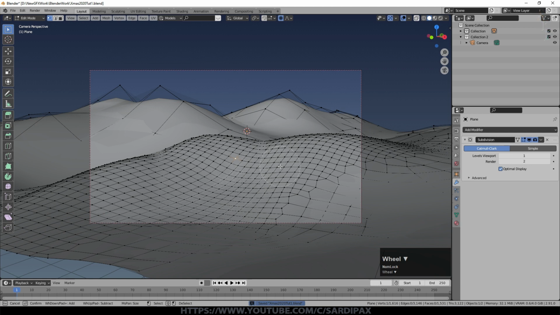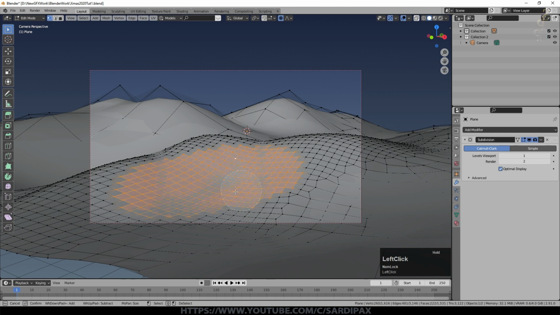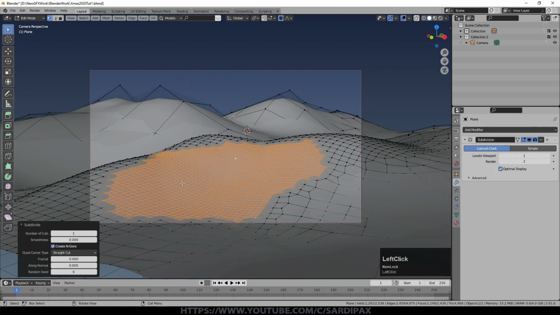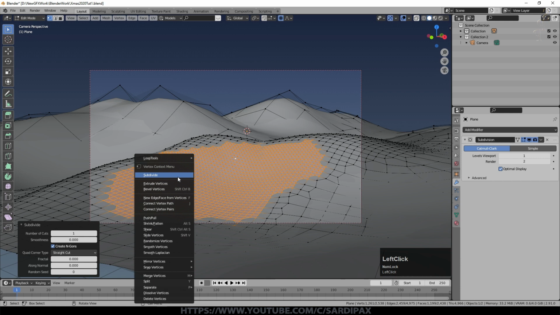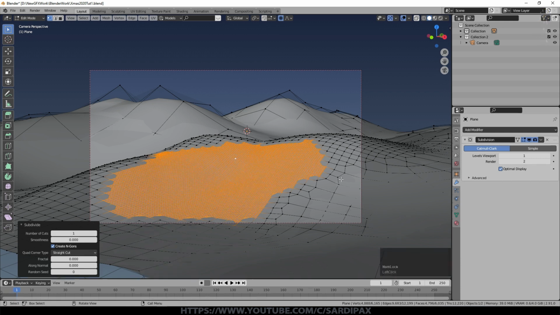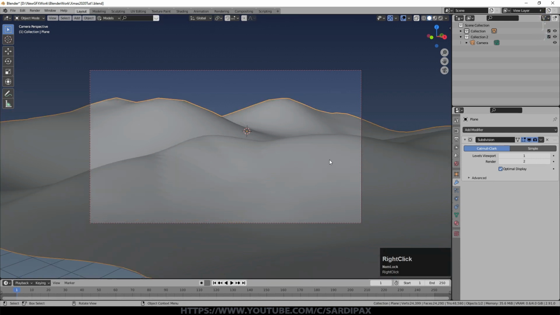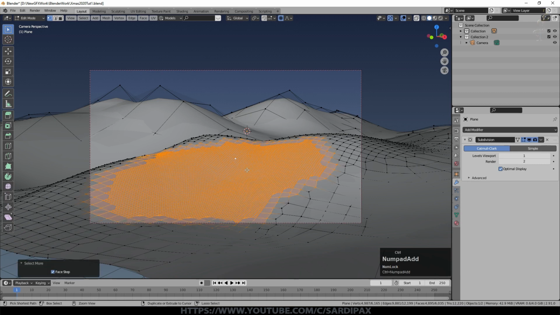So I'm just going to now select this area. Basically, the number of subdivisions you have for this method will set the fidelity, if you like, or resolution of the text that you're going to create. This is why we only do part of it, because otherwise we'd end up with an awful lot of vertices. That's quite a lot, and don't forget there's a subdivision surface on there as well. And again, we probably need to just smooth that a little bit.